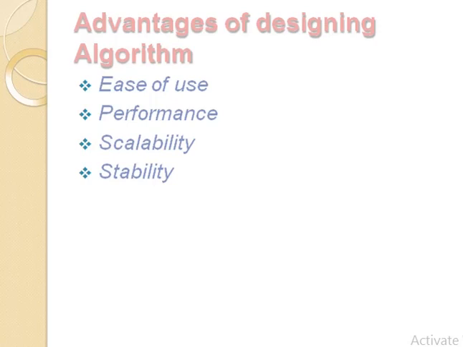Algorithms are well ordered with unambiguous operations. There should not be any ambiguity while an operation is going on. For example, if you are going to design an algorithm for addition of 2 or 3 numbers, definitely your algorithm will only work for addition of 2 or 3 numbers. It may not conflict with multiplication, or multiplicative addition, it may not conflict with division, and it may not conflict with subtraction as well. So algorithms are well ordered with unambiguous operations.